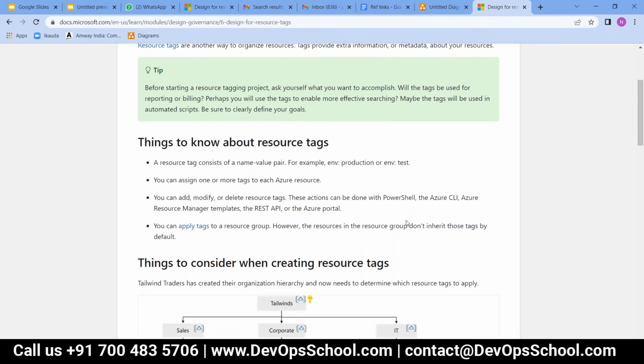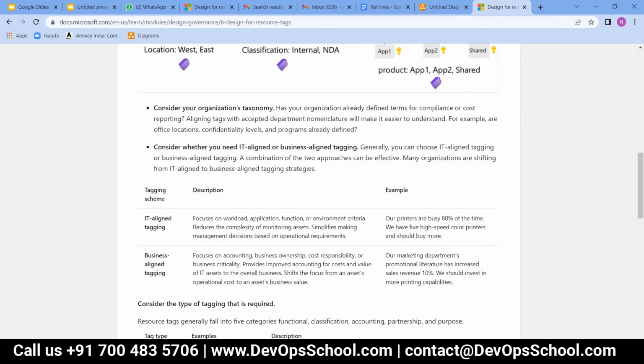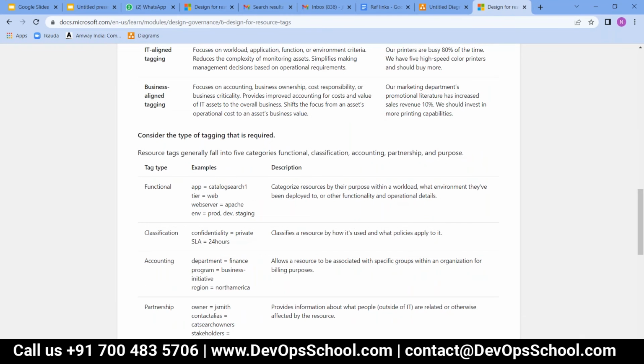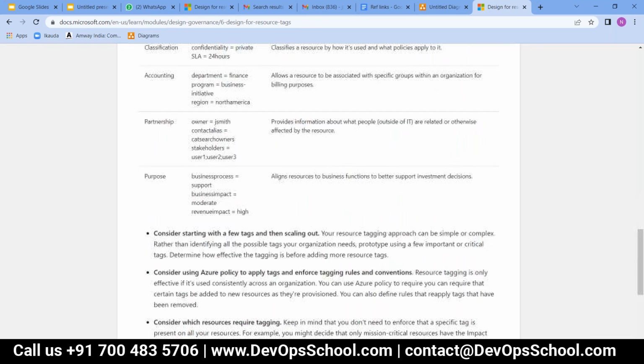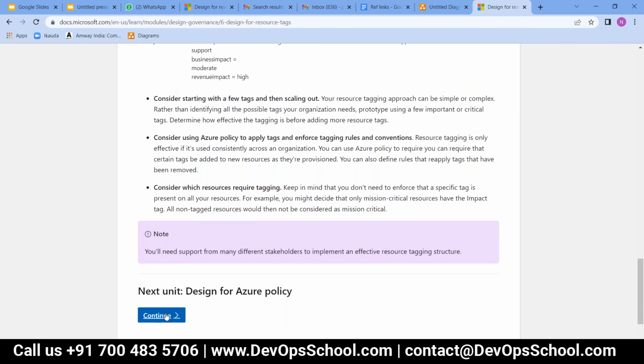Others are fine, and they have given an example where you can tag and all these things. I'm just focusing on the areas; the things that you can go and read are okay. You can have the concept overall, but I'm focusing on some scenarios where this is the thing that you need to think about more, and come out of the scenarios. Consider it requires tagging, keep that in mind. So you can go through it.